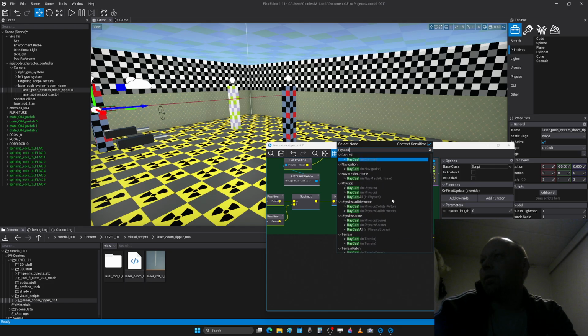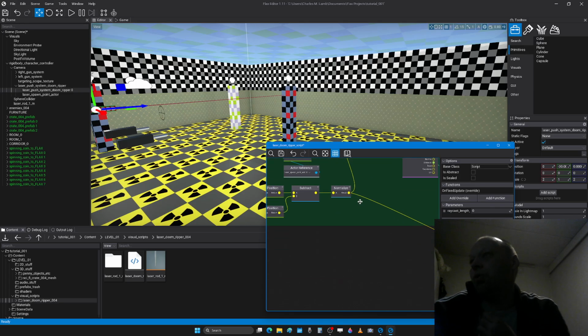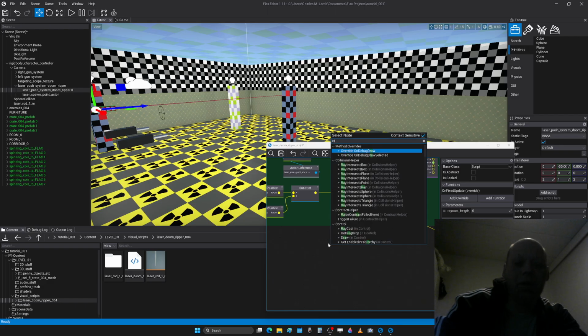Where was it? I think it's physics. I got it here under physics. Let's see if I can get it here, right here. So static bool FLAX physics. You can see the static bool FlaxEngine.Physics.Raycast, and I find it by searching here